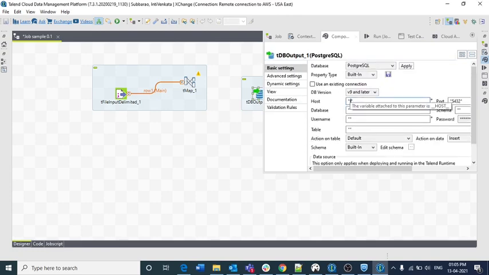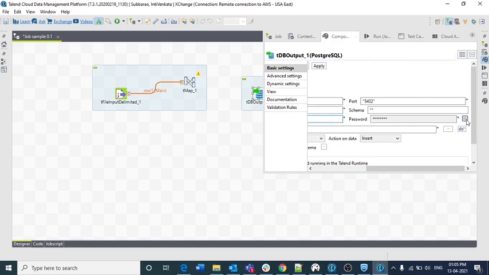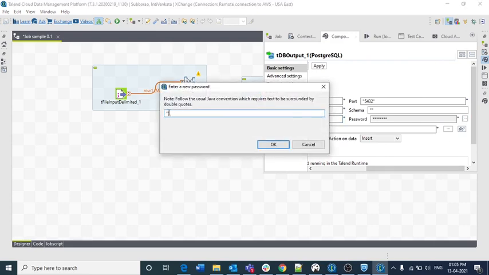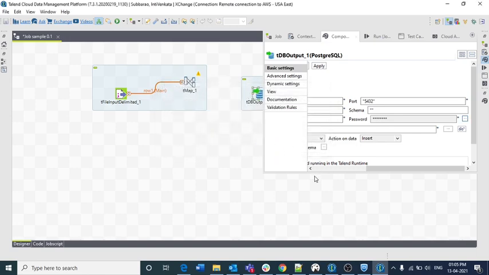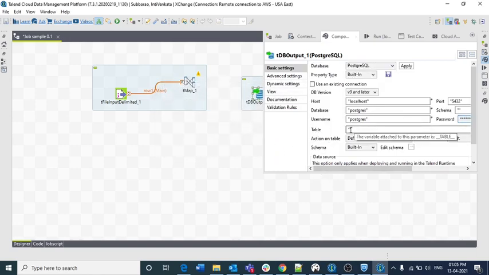Then we need to configure this database component in order to load the data. There are a few configurations, as this is my local database. I am entering all my details, and the password is a dummy password, no need to worry about that. The table name where I want to load is Subbu.